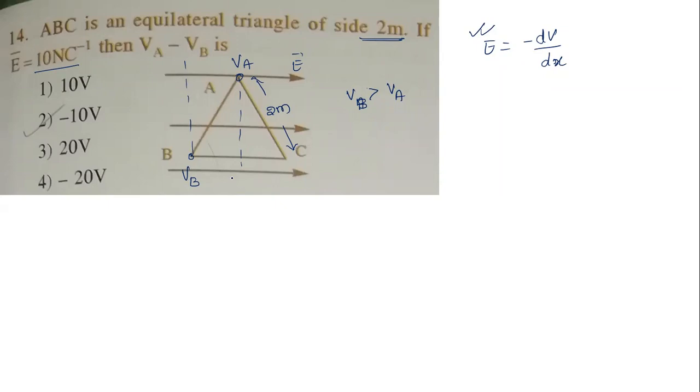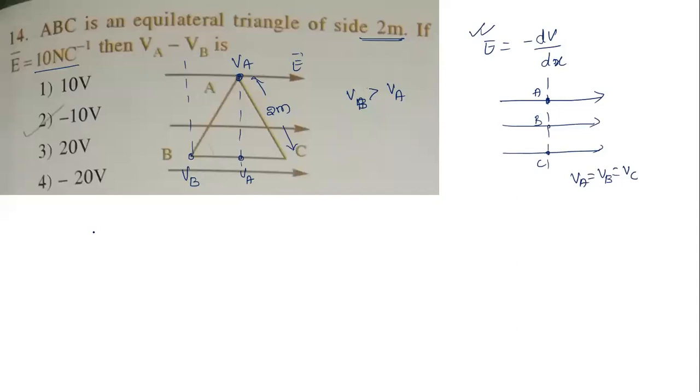Now one more thing. If I draw a vertical line, like this is the electric field, and let us say this point is A, this point is B, and this point is C. The potential at all these points must be the same. The potential at A must be equal to the potential at B, equal to the potential at C, because they are all at the same position. So the higher potential is VA, then the potential at this point must also be VA. Then we know the formula already.